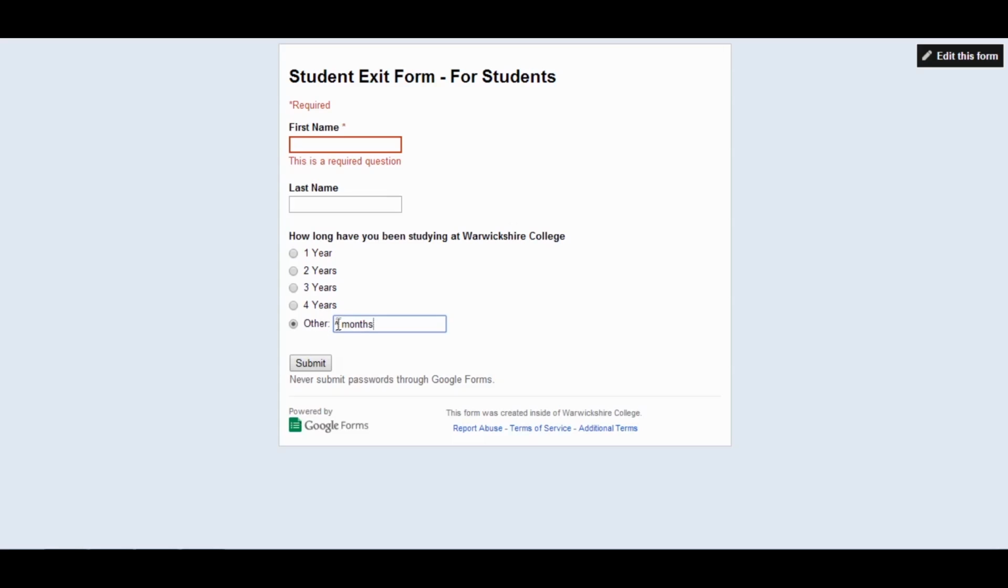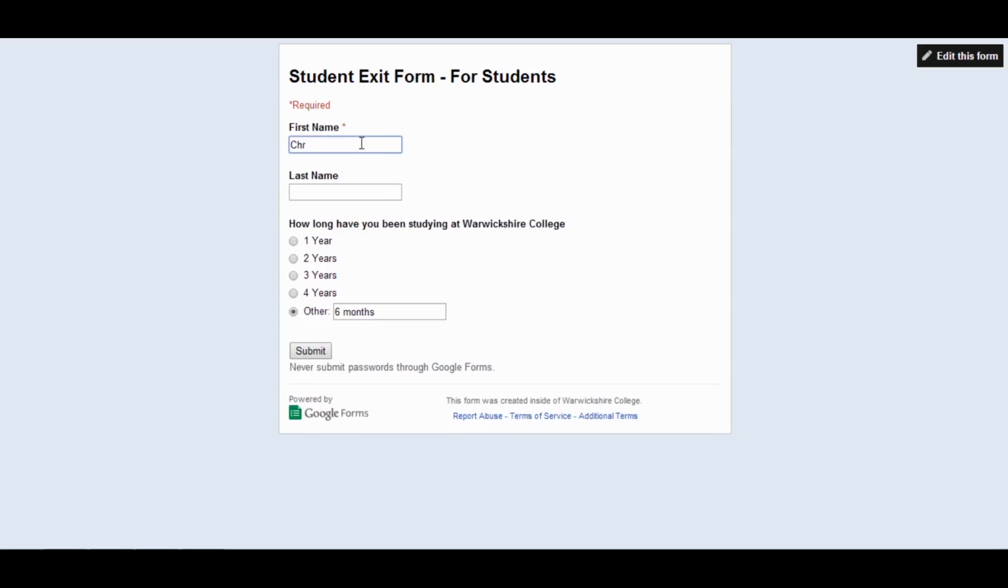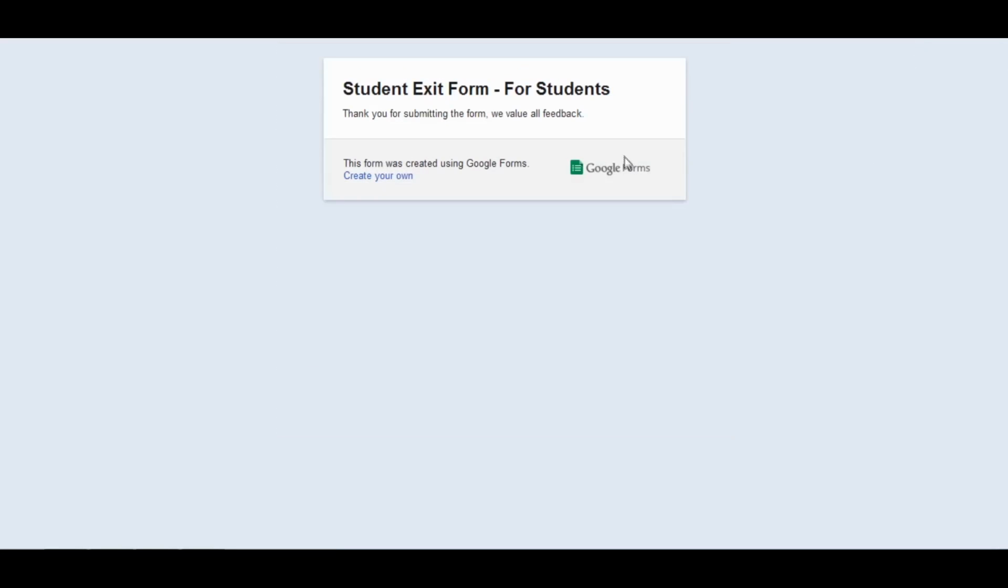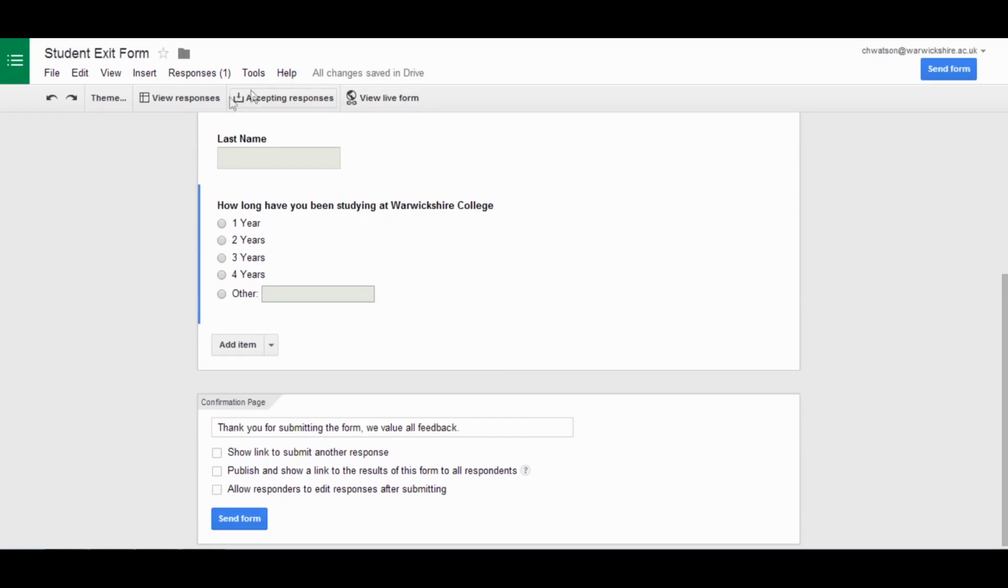And other, obviously I can put my value in there, 6 months. My name, Chris Watson. And then once I've done it, I can press submit. So this is what your respondent filling out the form will see. Submit. And if I just close this, what you'll see is when I see responses, you've now got 1 there. And if we view those responses,